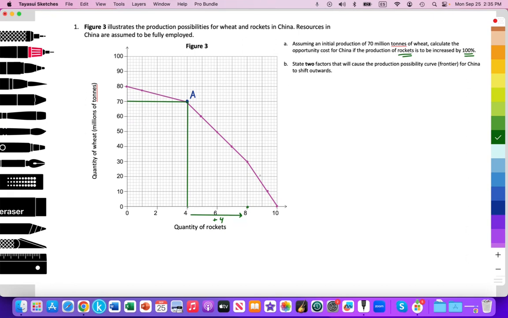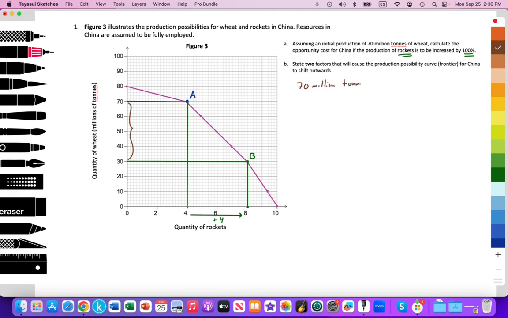So production will now go to this point: 8 rockets, and then how much wheat are we producing? Here we are. We're producing 30 million tons of wheat. So I'm going to mark that point B, and I've got to figure out, to get an additional 4 units, what was lost here. So that's what we're going to be calculating for this question. That's the opportunity cost. We've lost the opportunity to generate this amount of wheat production. So simply 70 million